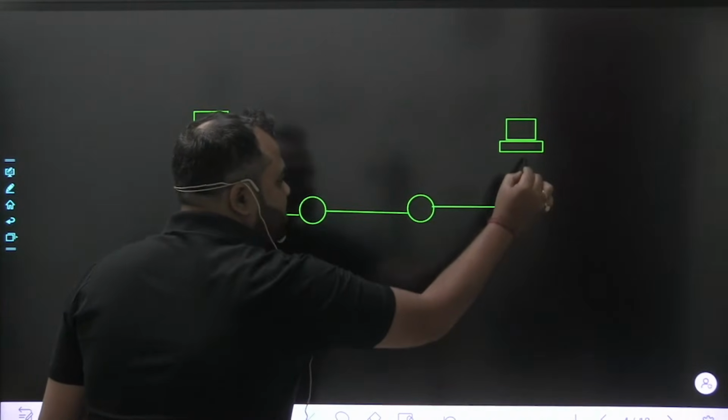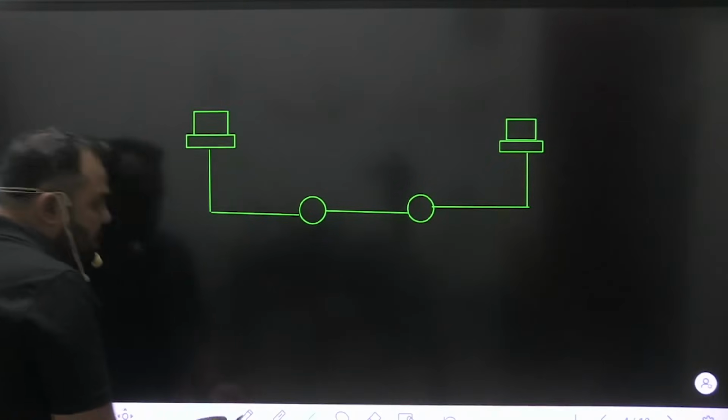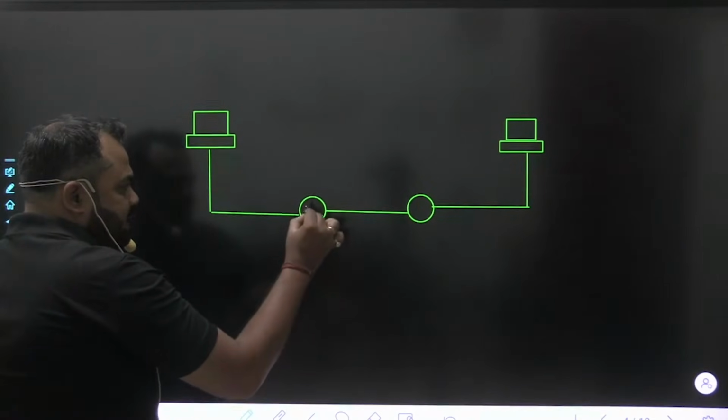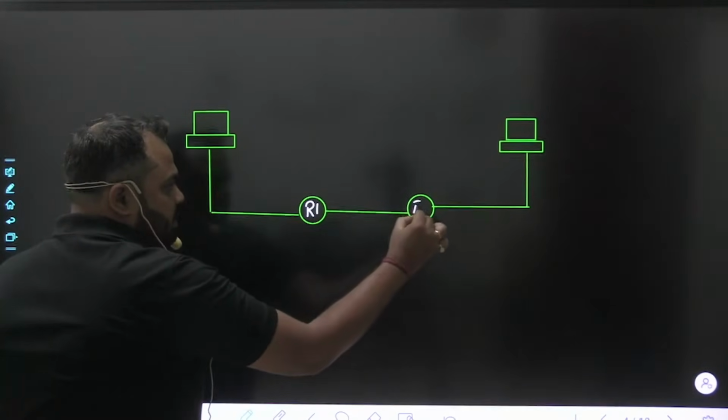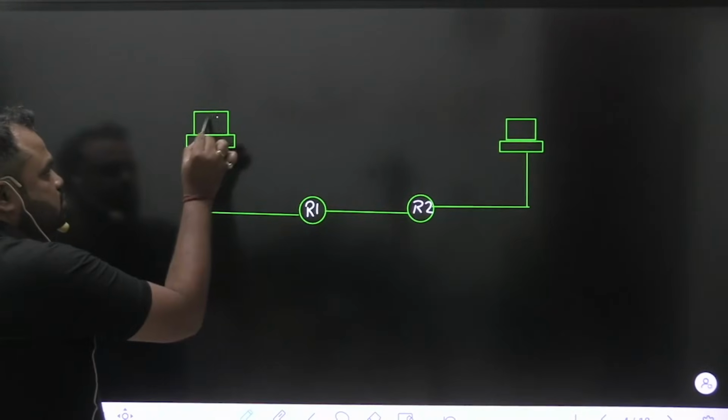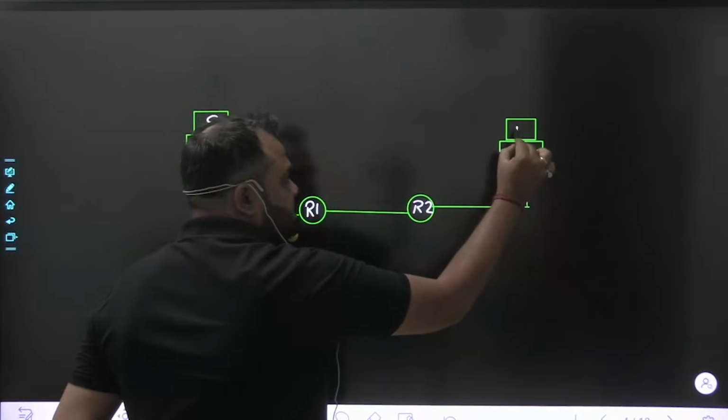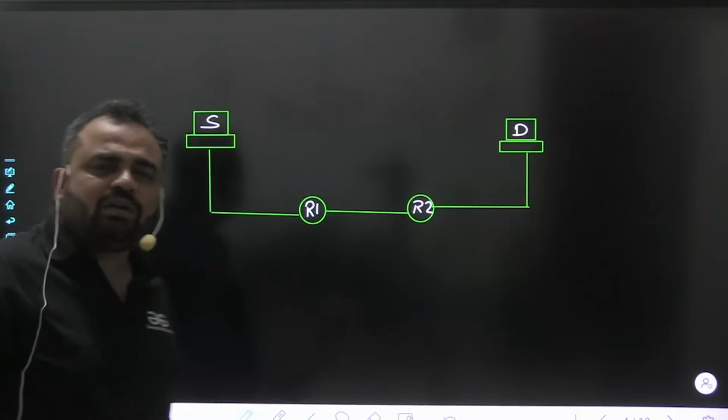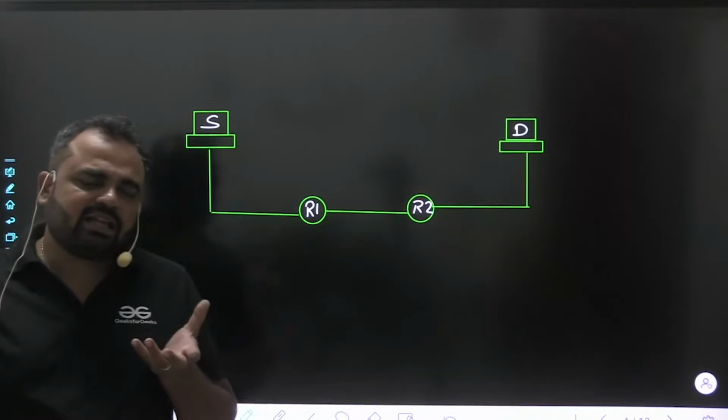अब लोग इसके बारे में अलग अलग तर्क भी दे रहे हैं, बट हम लोग हर एक पॉसिबिलिटी को आइडेंटिफाई करने की कोशिश करेंगे। दिस इज द राउटर R1, दिस इज द राउटर R2, दिस इज द सोर्स एंड दिस इज डेस्टिनेशन, ठीक है।